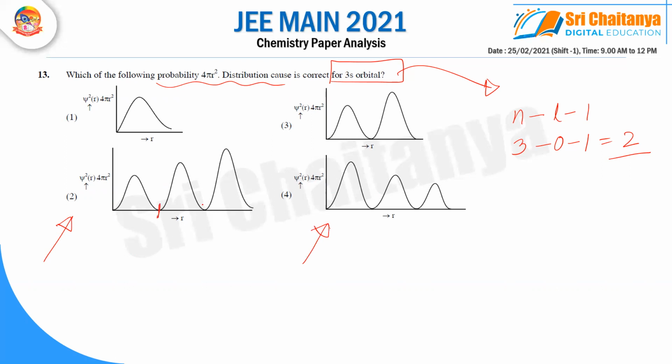Here it is getting 0. Here it is getting 0. Here also we have two situations where this function is getting 0. So either of these can be the answer. But then we also have to know that successive peaks get increased. So this is another piece of information that will be valuable for solving this particular problem. Successive peaks increase. So we will stick to this particular graph because here the peaks are increasing. So that makes my answer 2.